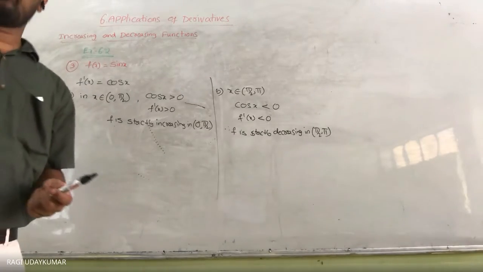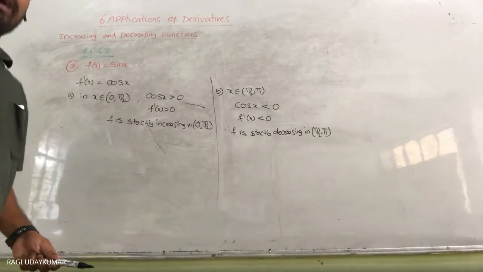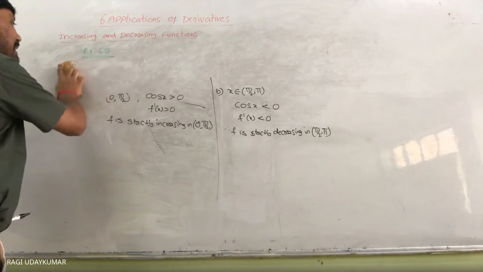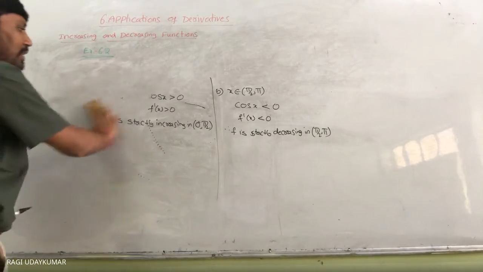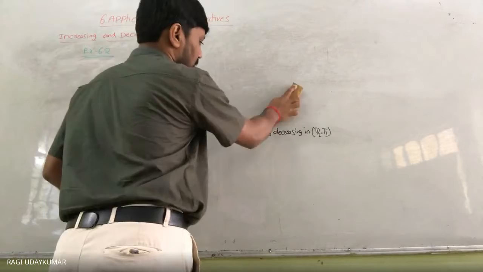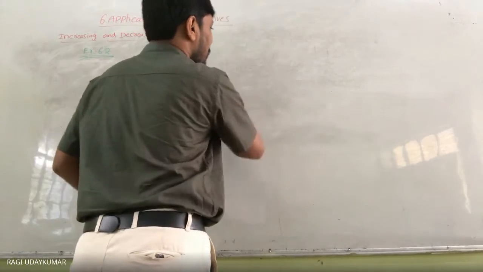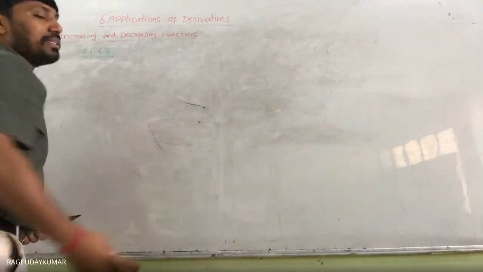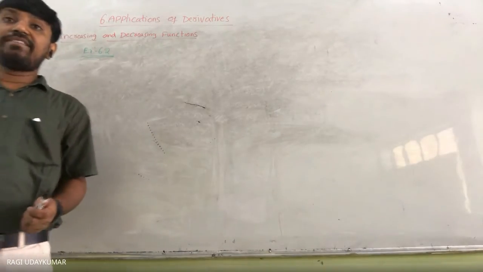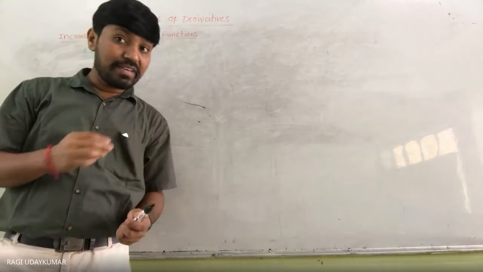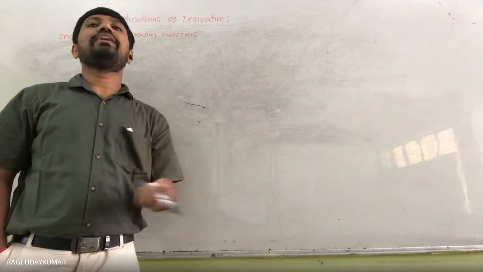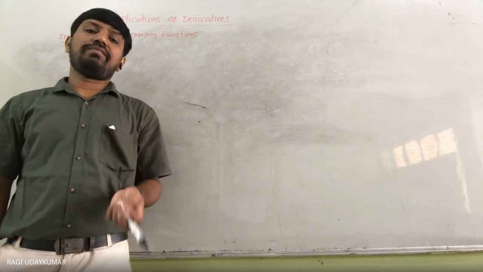So now coming to the fourth question, which is completely different. Find the interval in which the function is decreasing and increasing. You need to find out in what interval it is increasing and in what interval it is decreasing. There is an easy method also. First you learn normally, then we use a new concept called the wavy curve method. I think you have not heard that one. I'll explain to you in the coming classes what the wavy curve method is.